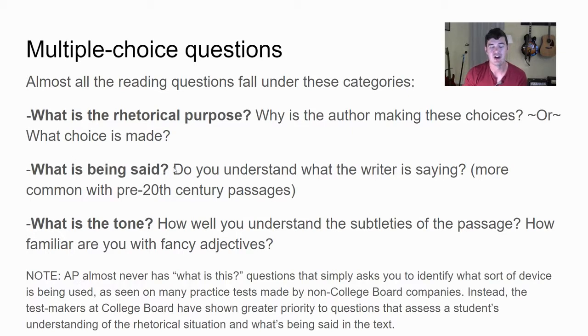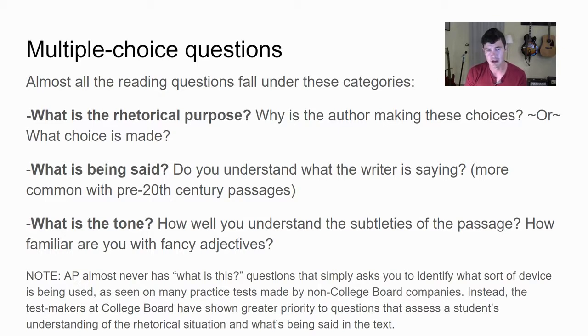They might select a sentence from the passage and say, what does this mean? Or in so many words, this could be summarized as, or paraphrased as, and then you have to select which one best captures the essence of that sentence, just testing your understanding. And then what is the tone? How well do you understand the subtleties of the passage? How familiar are you with fancy adjectives? From what I've observed in some of the recent